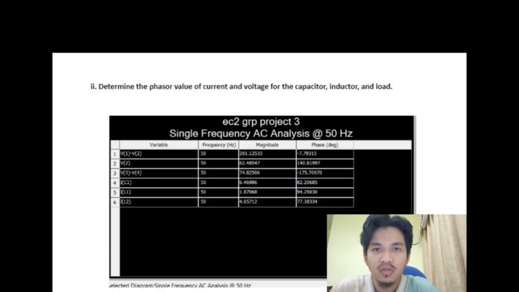For XC, it is 291.125 volt with negative 7.793 degree, and the current is 6.469 ampere with 82.206 degree. And for the voltage across VT and current across IT for XL, we get